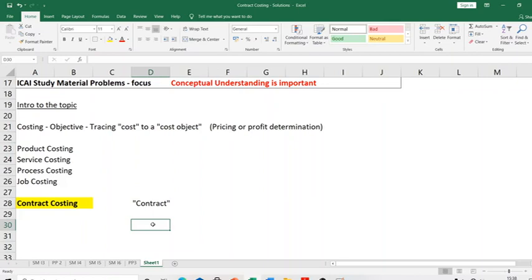Now, a very important question that we'll have to first answer before we proceed any further is, if that is the case, why should we have a separate chapter? Because we already have something called service costing. And for most service activities, you will definitely have a contract of service. For example, if you go to a hotel and you want to check in for 2 days, the hotel is going to offer you a place to stay, and it will give you some services. If you're a customer of the hotel, probably the breakfast is complimentary. You can use the gym, and you can use other facilities and amenities in the hotel.